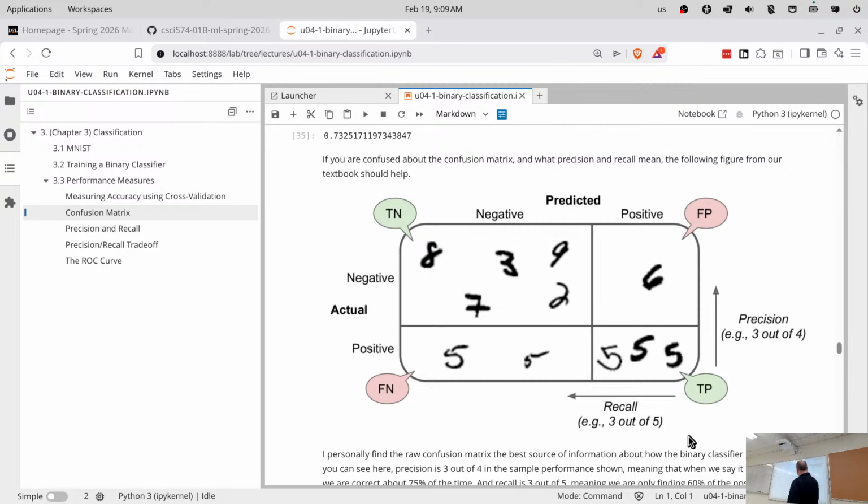So the example I usually give is if you're making a predictor in medical imaging, where from a medical image we're going to predict that they have cancer or don't have cancer. A false positive is where they don't have cancer, but we predicted they did. So in that case, for false positives, the downside is